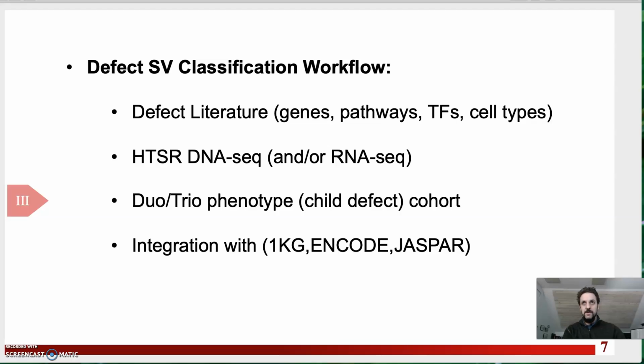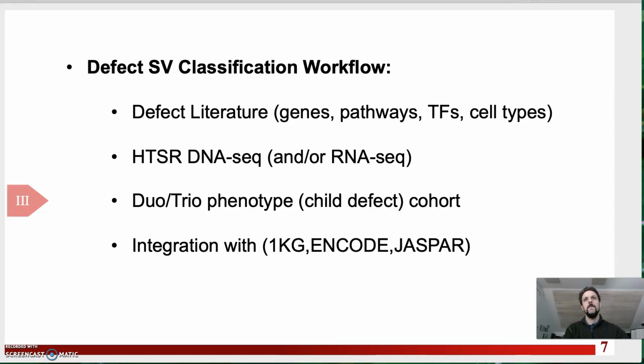The other thing that we use in our workflow is a short read DNA seq. Typically it's DNA that we have, and we don't have RNA. We also are designing the workflow to work on an entire cohort. And the cohort, because it's defect specific, we often have a parent. So it's a duo or trio, and we have phenotypes for each. The child has the defect phenotype. Usually at least one parent doesn't, and if we have that, then we can utilize that information to filter out